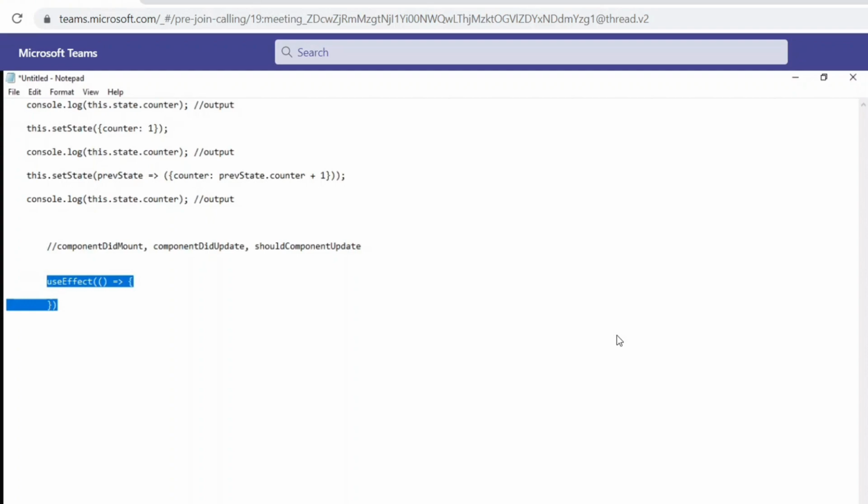Suppose I have a large project and it takes quite a time to build the project. So I want to optimize this time. How can I achieve that? So for optimization, we can use code splitting with React Lazy.